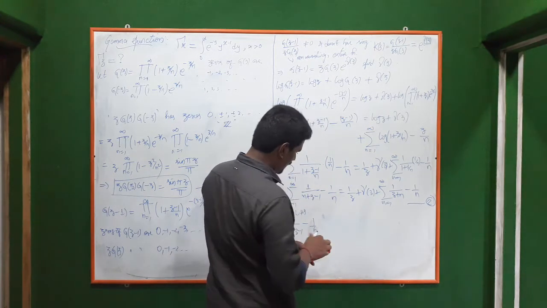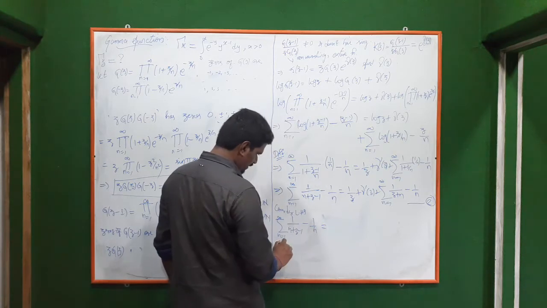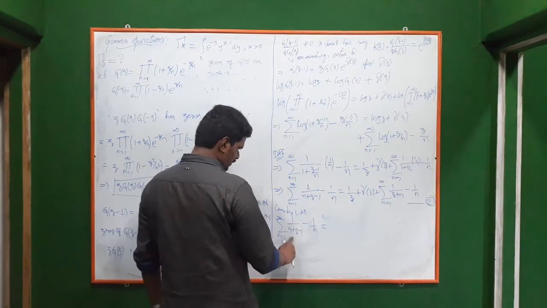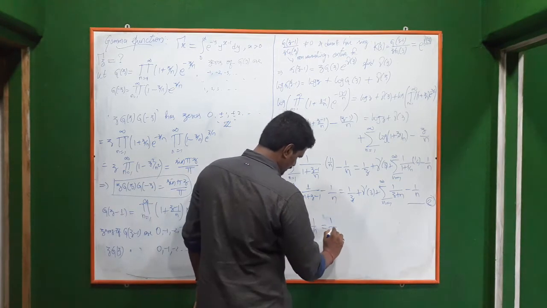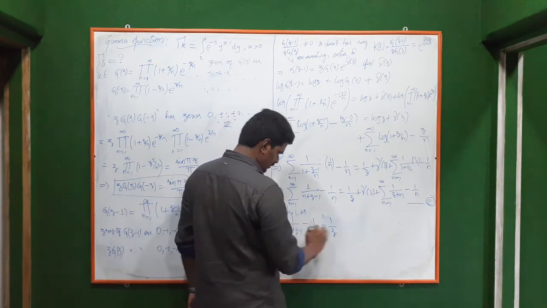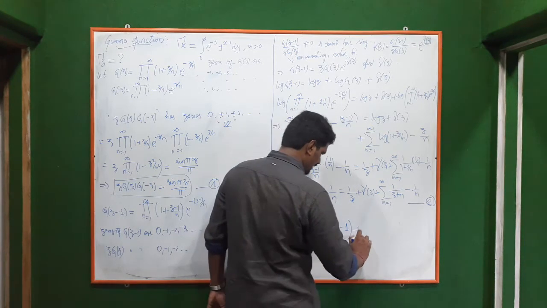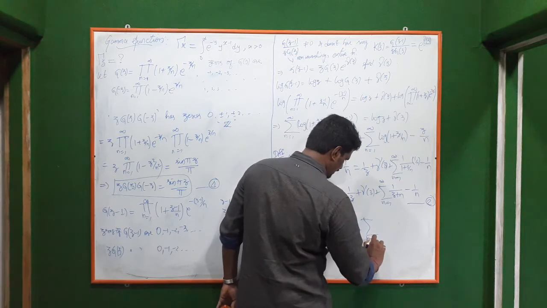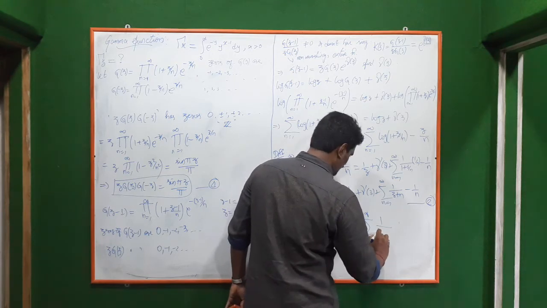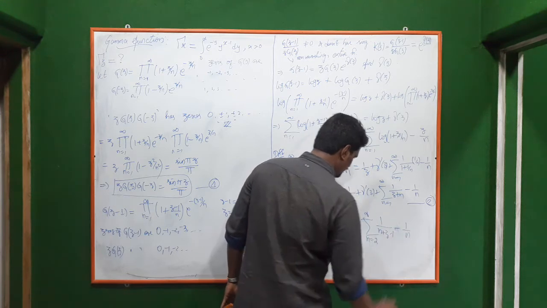First take this 1 by z term separately. So substitute n equal to 1, what will we have? This will be 1 by z; for n equal to 1, this will be 0, this will be z. So 1 by z minus 1 for n equal to 1, plus the summation from n equal to 2 to infinity of 1 by n plus z minus 1, minus 1 by n.